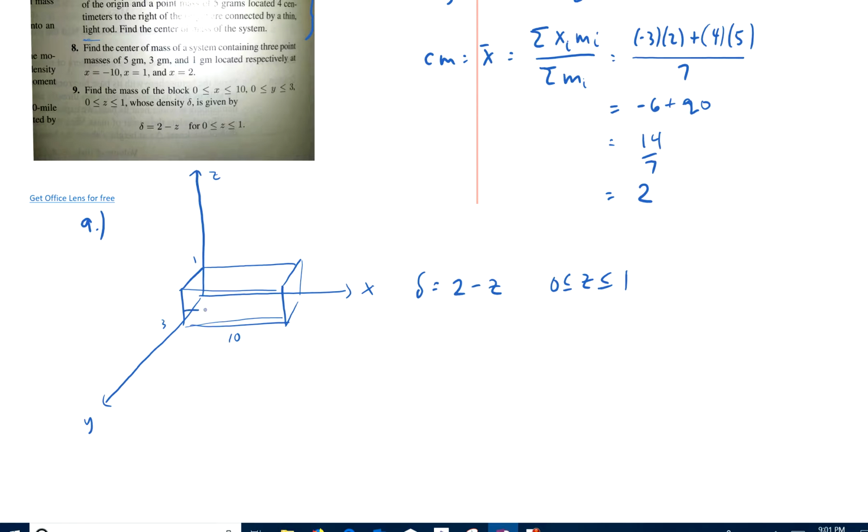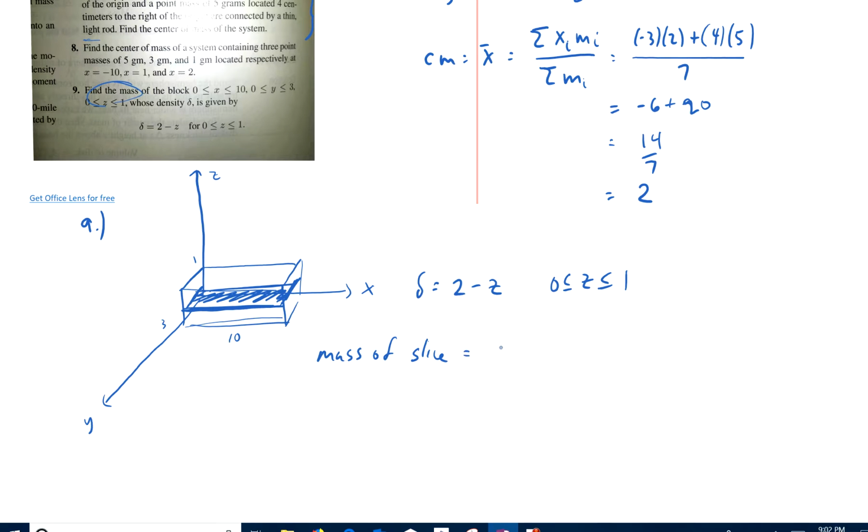So at any height z across this rectangle right here, which I'll shade in here, that rectangular slab, if you will, has a constant density. Okay, so the mass of that object, which is what we're trying to find, the mass of that slab right there, or mass of the slice, is